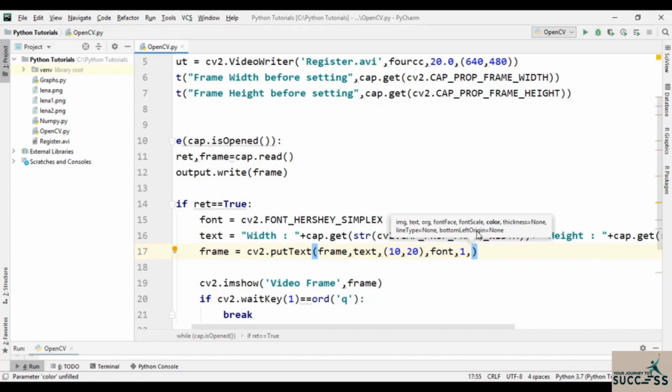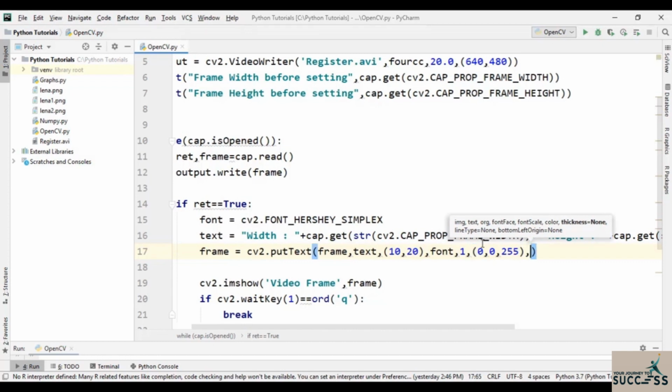and now the next argument we need to pass is the color. So let's say that we want to have a red color for this text. Remember, we need to pass that color in BGR format and not RGB format. So for blue it will be 0, and then for green it will again be 0, and then for red the concentration of red will be 255. All right, now the next argument we need to pass is the thickness of the text. So let's say that the thickness will be 2,